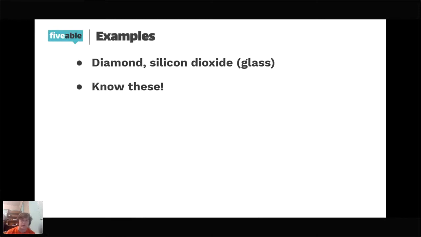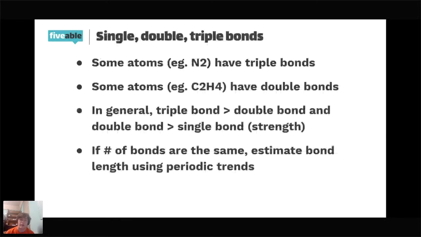So single, double, and triple bonds. Some atoms have double bonds, like nitrogen. Some atoms have single bonds, like methane. Or is that ethene? That's either methane or ethene. I need to study for OChem. In general, a triple bond is greater than a double bond, and a double bond is greater than a single bond in terms of strength. And if the number of bonds are the same, you estimate the bond length using periodic trends, and that specific periodic trend that you estimate with,